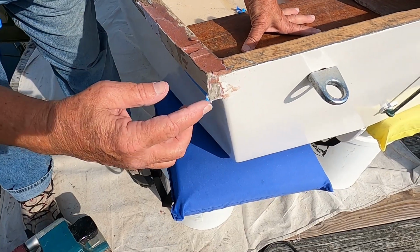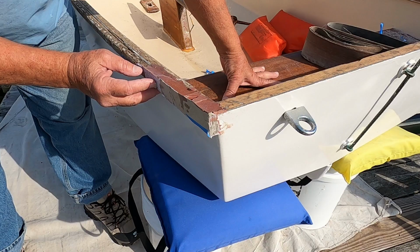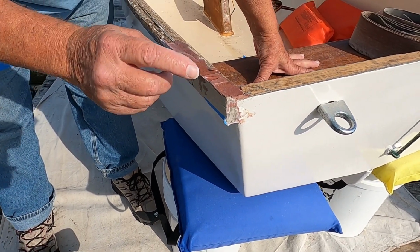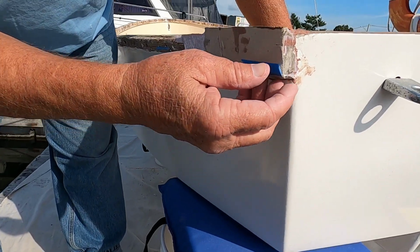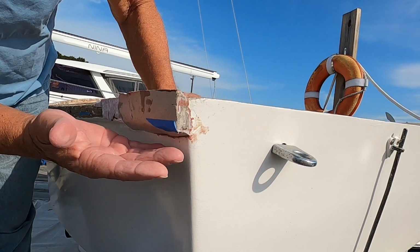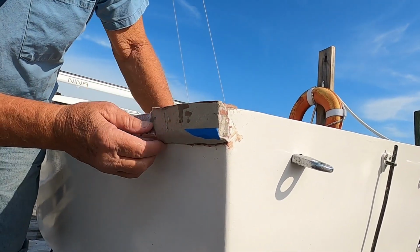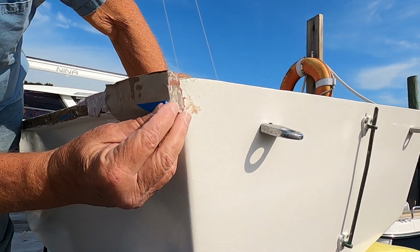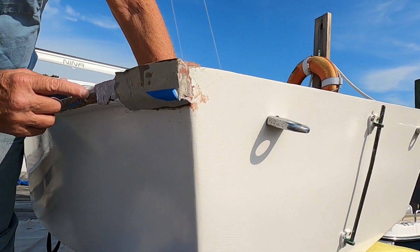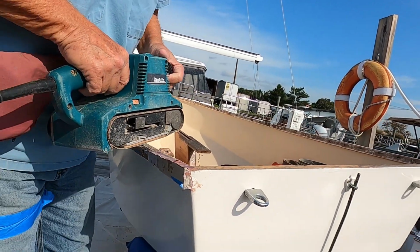So we're going to do the same thing that we did on that side here. This was all completely rotted, and I actually even left the rotted wood to give me a kind of a template of where to go. This is what is left of my mold, which was just some cardboard, and I've created a mold to kind of encapsulate this area. You're never really sure what you're going to get, so we'll have to sand this and see what's under there. So this is going to make a bit of a noise, and you don't have to watch, but